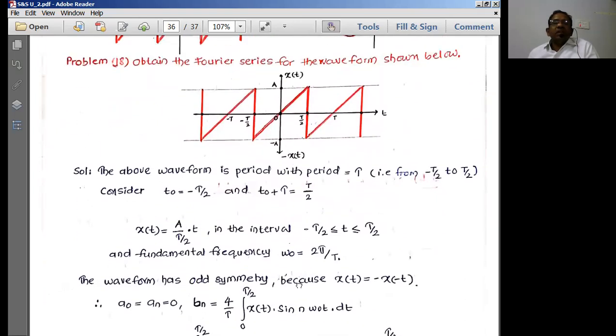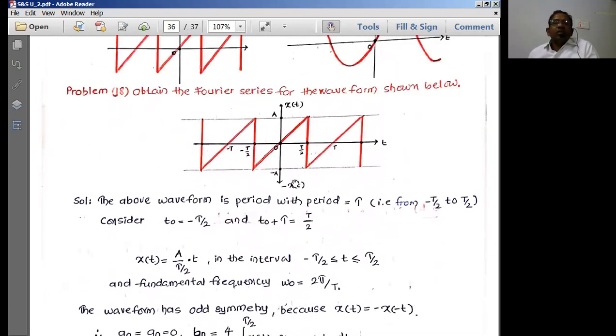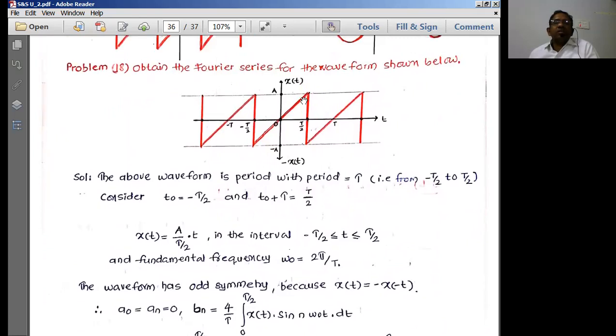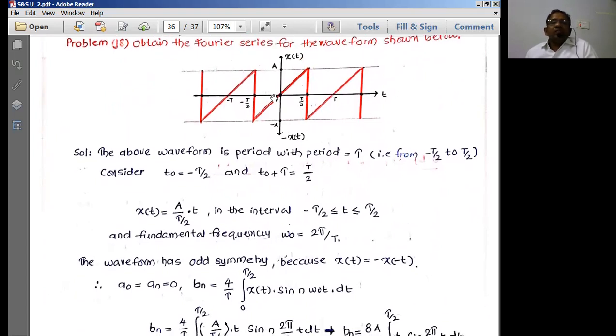That's it. Same kind of thing over here. We have to compute, we have discovered that it is going to be an odd symmetry. So before that, we should write the expression for x of t. So x of t is equal to what can I have? You can consider only 0 to T by 2 time period, or 0 to minus T by 2 time period, because it is the same thing but inverted. The waveform shape is almost all the same but inverted. So I can as well consider either one of these two to get the overall expression.